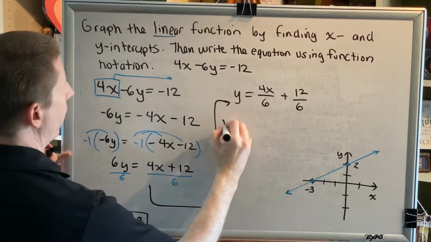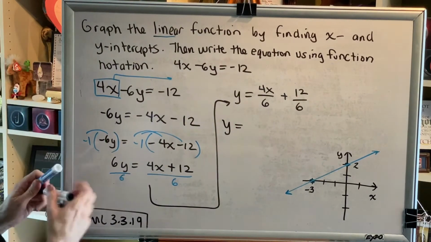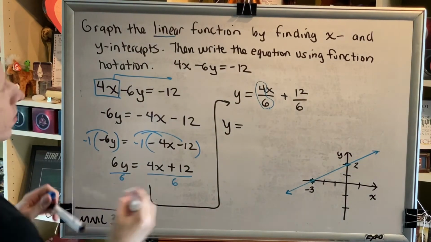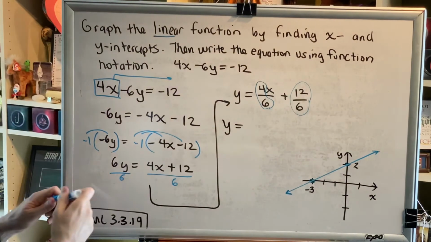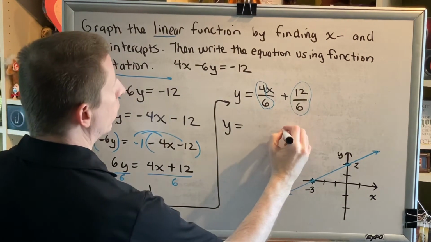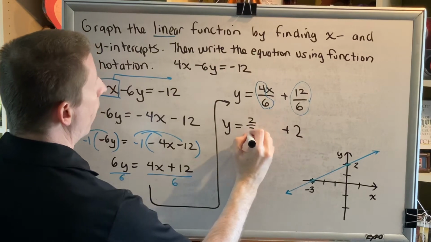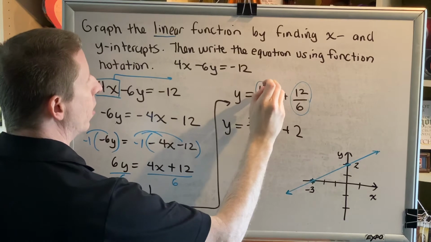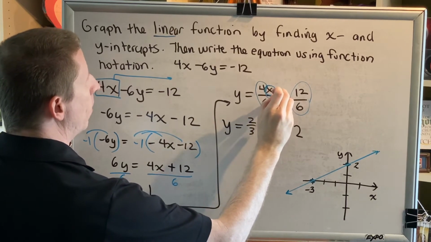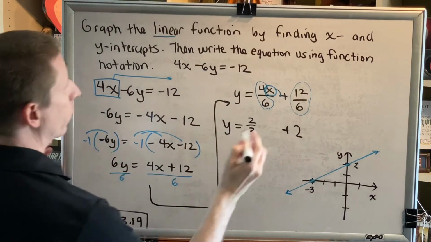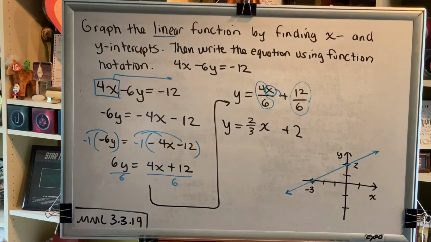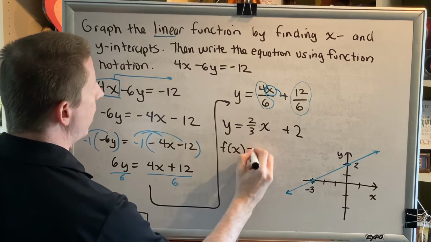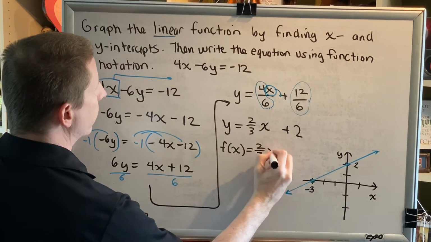And we can simplify this in a few ways. First, the fractions. 4/6 becomes 2/3. 12 over 6 becomes the number 2. And the other way that we can simplify this is to remember a property of fractions, that a factor in the numerator of a fraction can be written alongside that fraction. As a final step, we replace y with f of x, and we get f of x equals 2/3 x